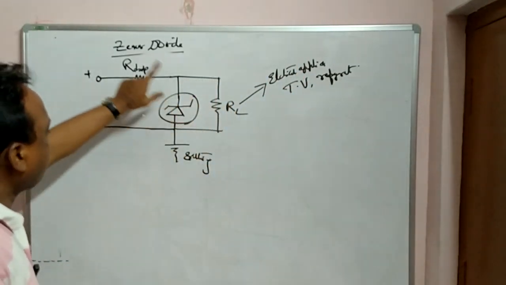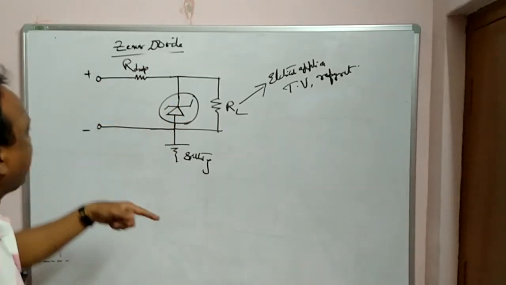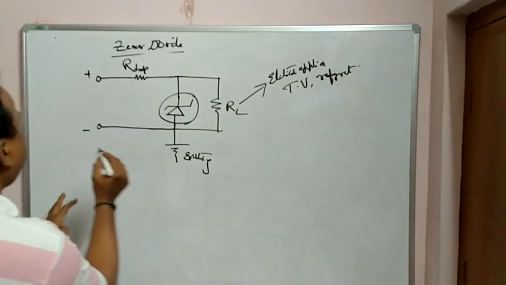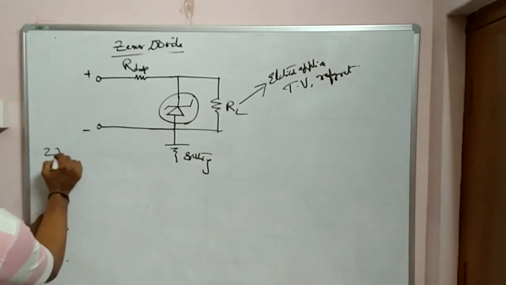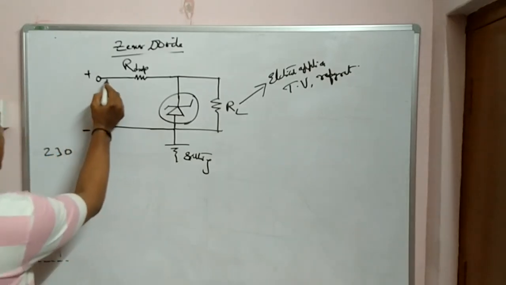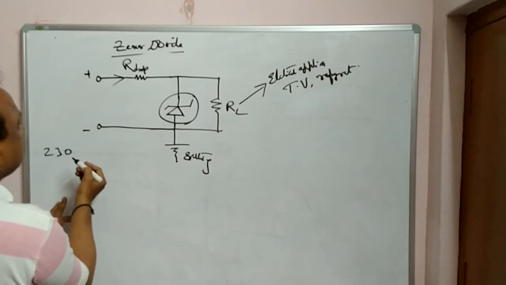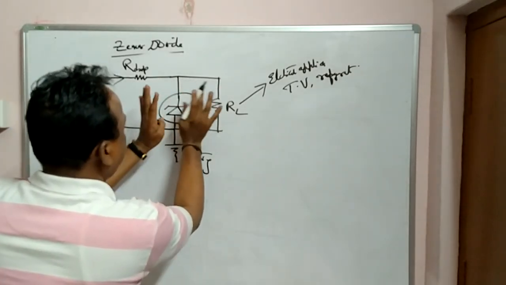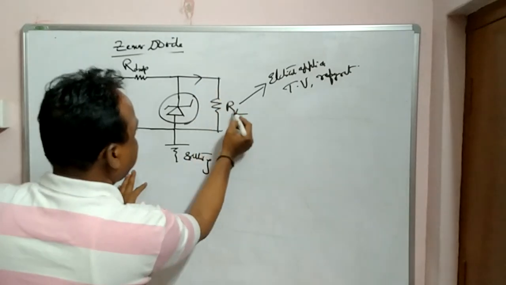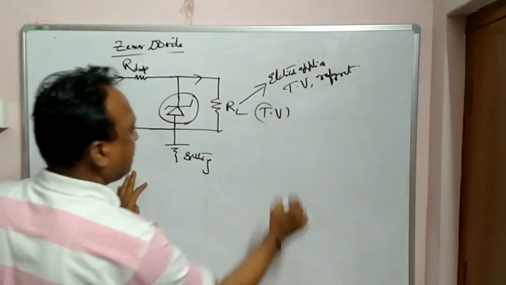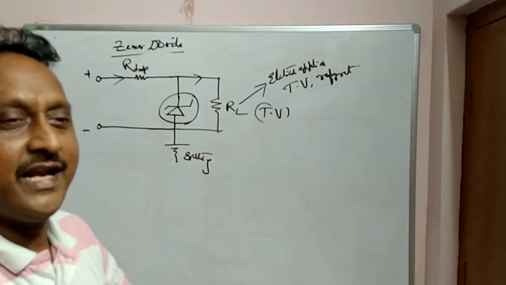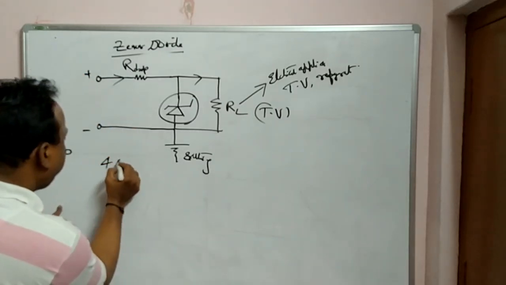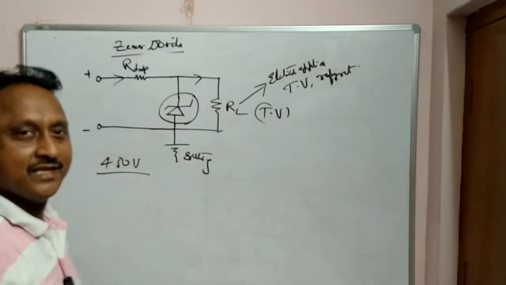So how will the function go? This is the circuit diagram. This is the R drop resistance. Suppose normal voltage comes, for example 220, 230. Current will flow and it will be at rest. The Zener diode won't function now. The TV will be on, the refrigerator, nothing problem. Suddenly, due to some problem in the transformer, for example 450 volts is coming, then the main